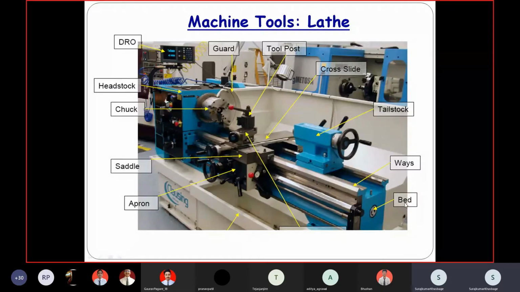Then here you can see there is a chuck. This chuck is a rotating part. It holds the workpiece. This machine is mostly used to produce cylindrical parts. To size or change the different dimensions and length of the cylindrical part, we mostly use the CNC machine or the lathe machine.